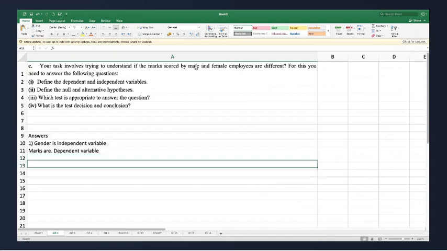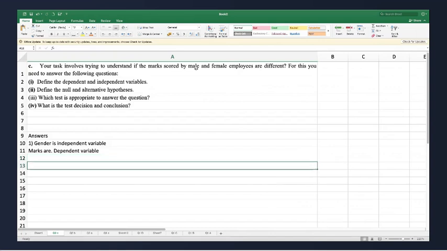Now you have to define the null hypothesis and alternate hypothesis. Null hypothesis is always denoted by H0, right? What does the null hypothesis always say? That there is no significant impact.